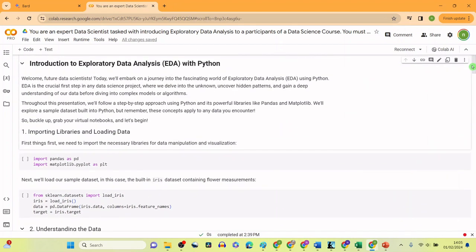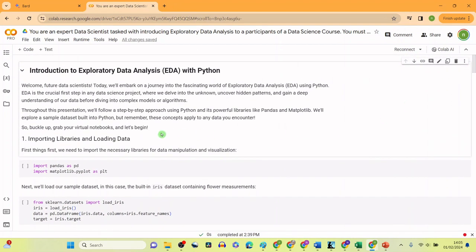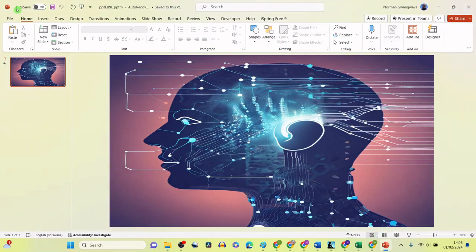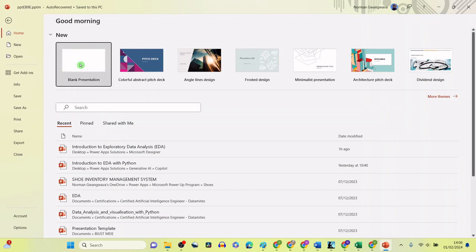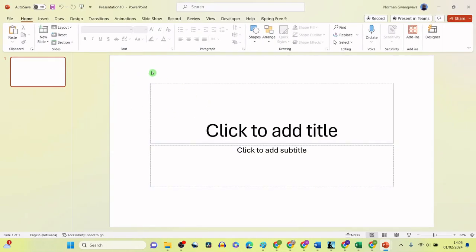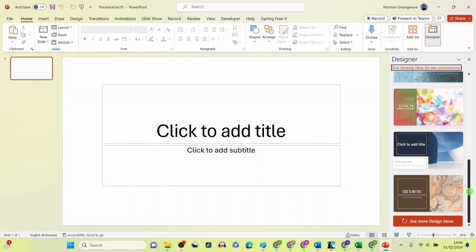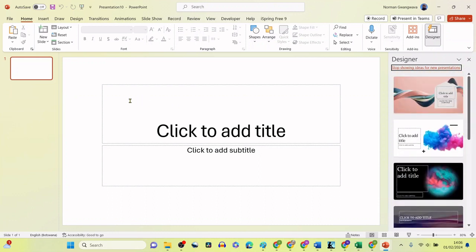So like I said, the aim now is to put everything into a professional looking PowerPoint presentation. So we go on to our PowerPoint. Let me start afresh by creating a blank presentation. That's a blank slide, no formatting, and you can see already Microsoft Designer suggesting all these different designs. Now let me generate more blank slides,